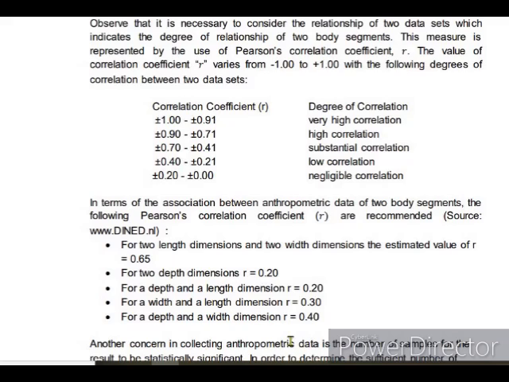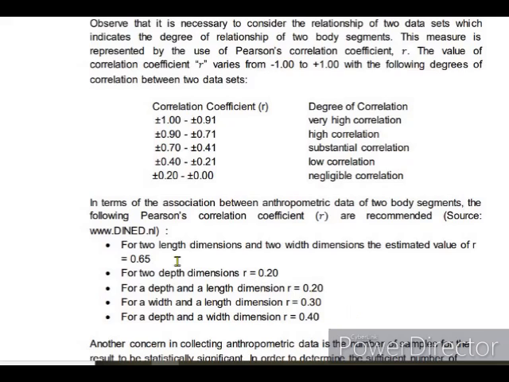Up to positive or negative 0.21 to positive or negative 0.00, it is negligible correlation. Okay? So next, in terms of the association between the anthropometric data of two body segments, the following Pearson correlation coefficients are recommended. So this is the source,